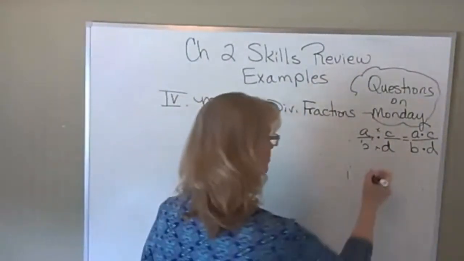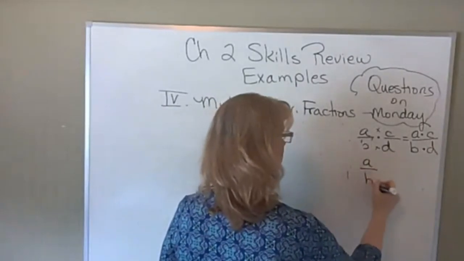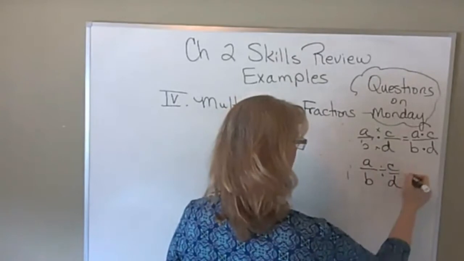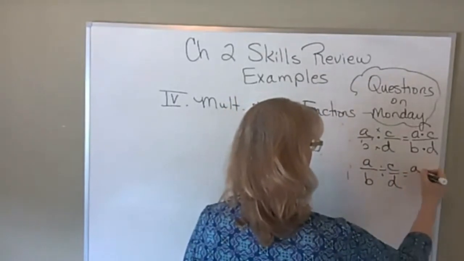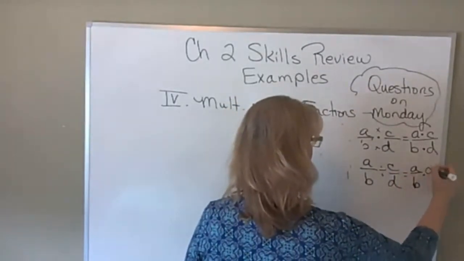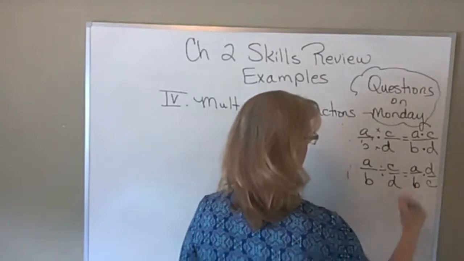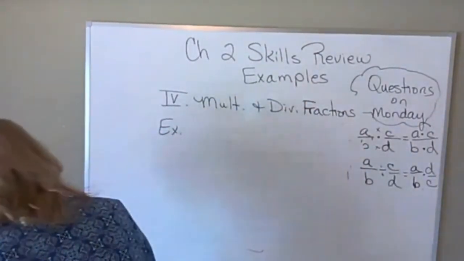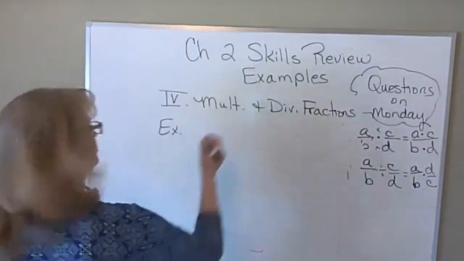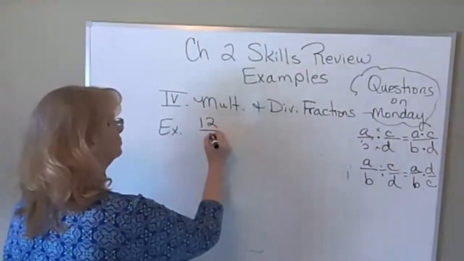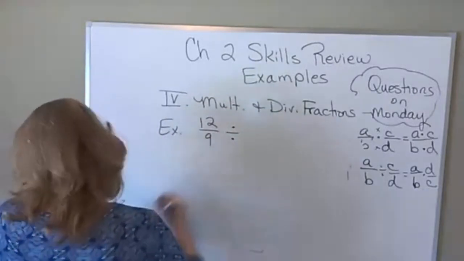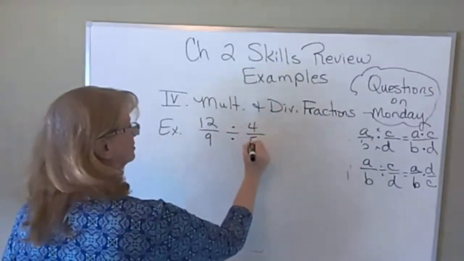So dividing, if you do A over B and divide by C over D, what you have to do is you have to flip the second one and multiply. So, for example, if we have 12 over 9 divided by 4 over 5,